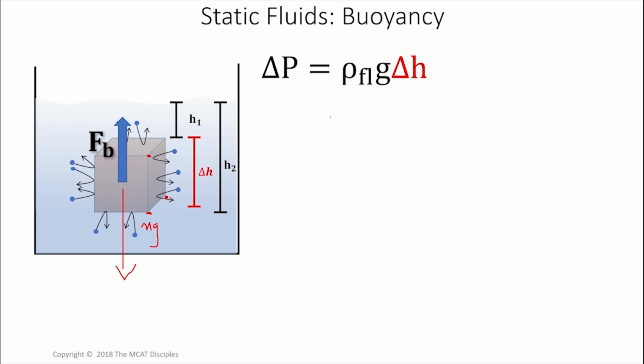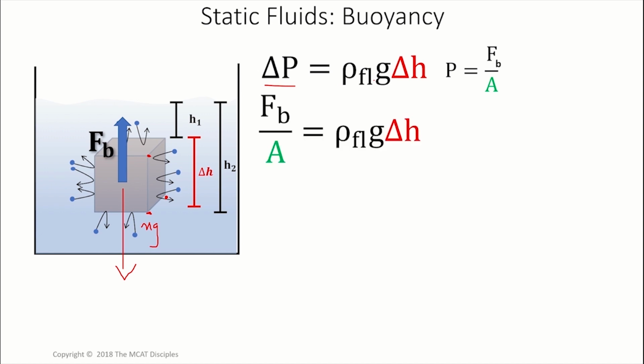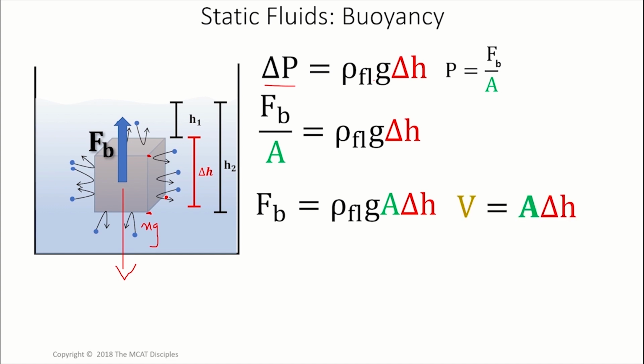Anyway, you know what the delta P is. You know what the pressure gradient is. So you can use that to calculate the buoyant force, because pressure is just force over area. In this case, the force is the buoyant force. So we can equate the buoyant force to rho g h. We can multiply both sides by the area. Now what we have is area times height, which is what? That gets you units of meters cubed, or volume. So we can plug in the volume to ultimately have a functional form of the buoyant force.